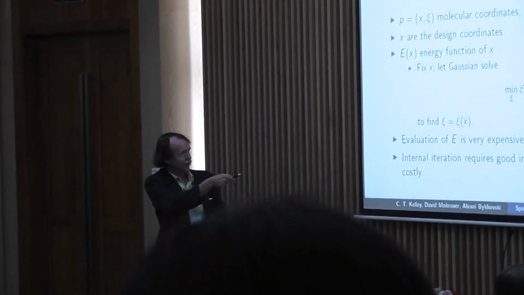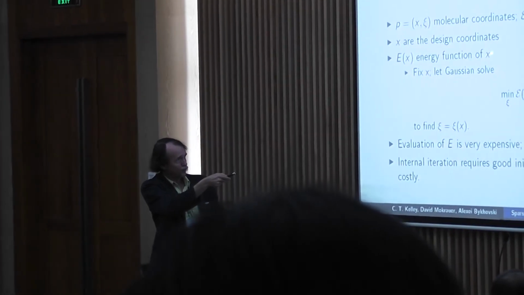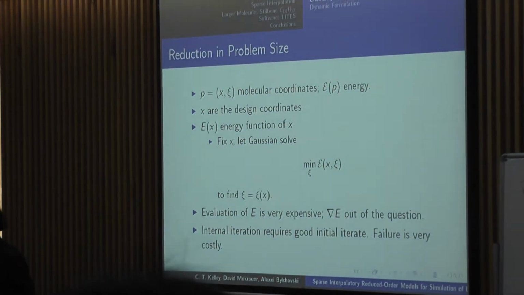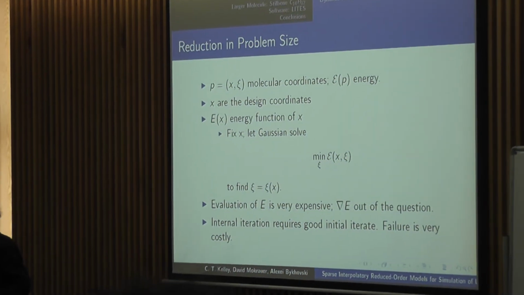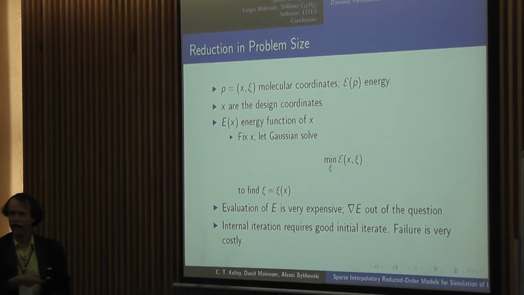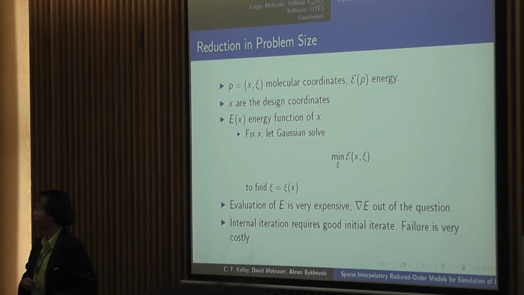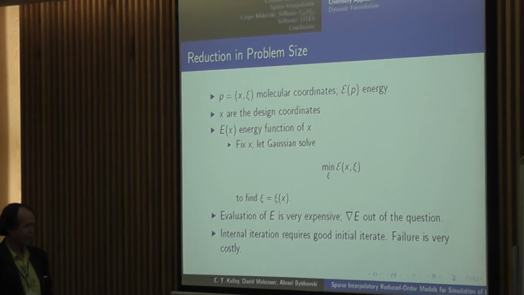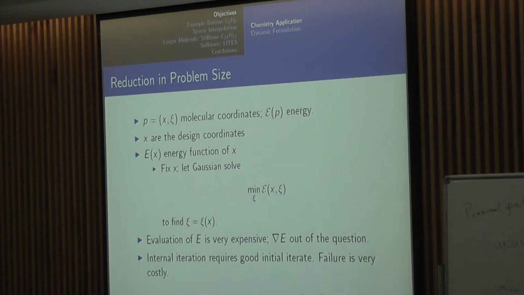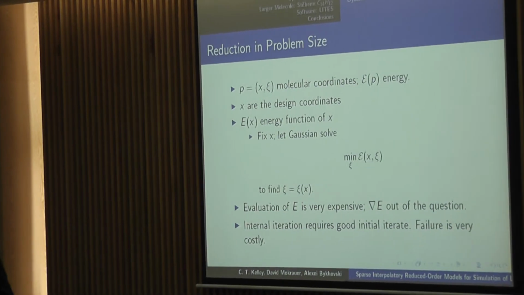Computing the gradient of the reduced model with respect to the design variables would require that Gaussian compute the gradient of the slave variables with respect to the design variables, and Gaussian is not about to do that. And neither are we. So we've got to drive dynamics, but we don't have a gradient. Oh, the other little bit. This thing here is an internal optimization. The internal optimization